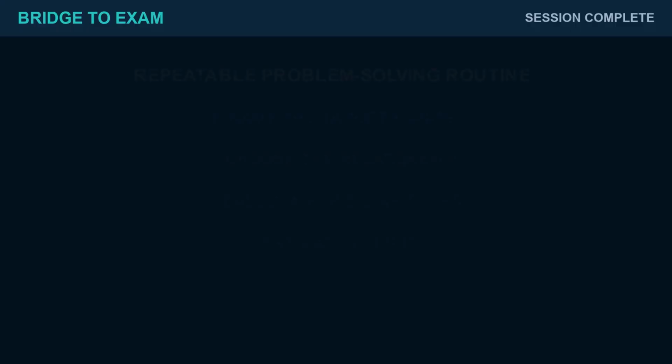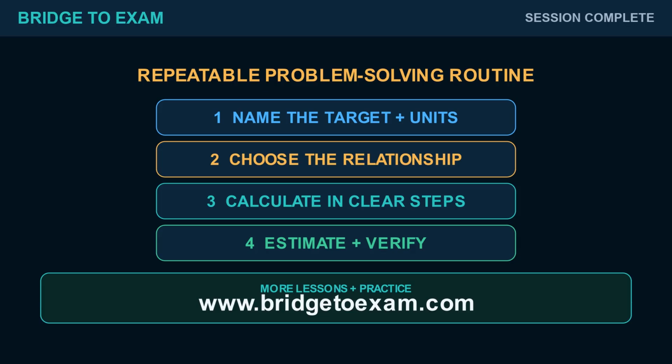Use this routine. Name the target and units, choose a relationship, calculate with clear steps, then estimate and verify. Shade the target region, decompose and label it, calculate each square unit contribution, combine the pieces, and compare with a bounding